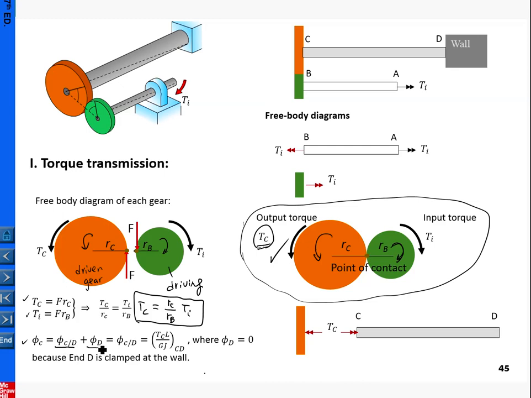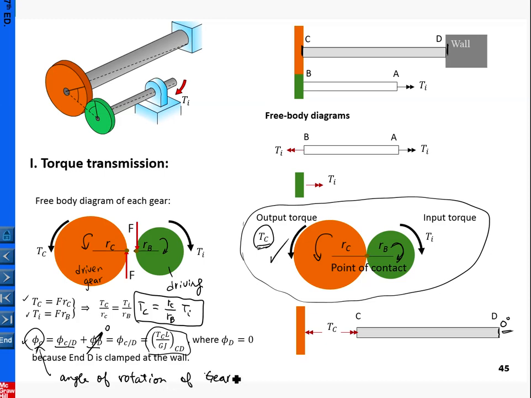Phi D represents the angle of rotation at D, but D is fixed against the wall. So this one should be 0 degrees of rotation. For that reason this one equals 0. That means at the end C, the angle of rotation is given by this. This one represents the angle of rotation, and this end is rigidly fixed to the gear here. So basically this one also represents the angle of rotation